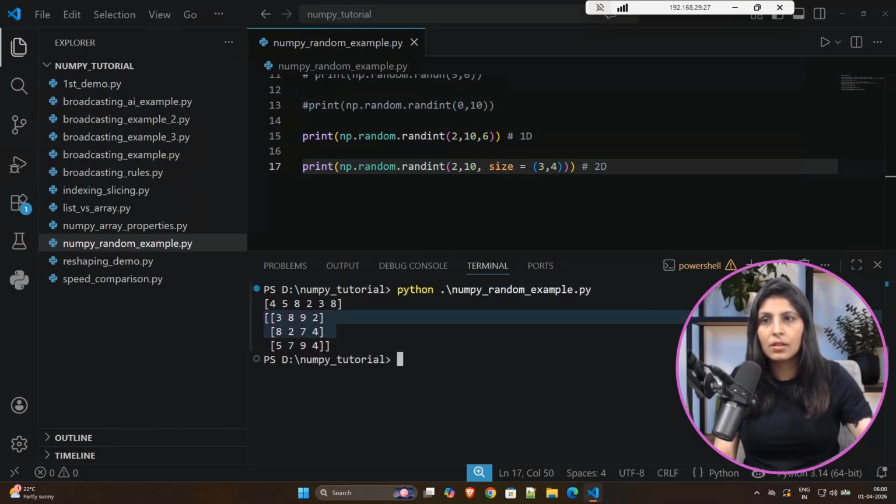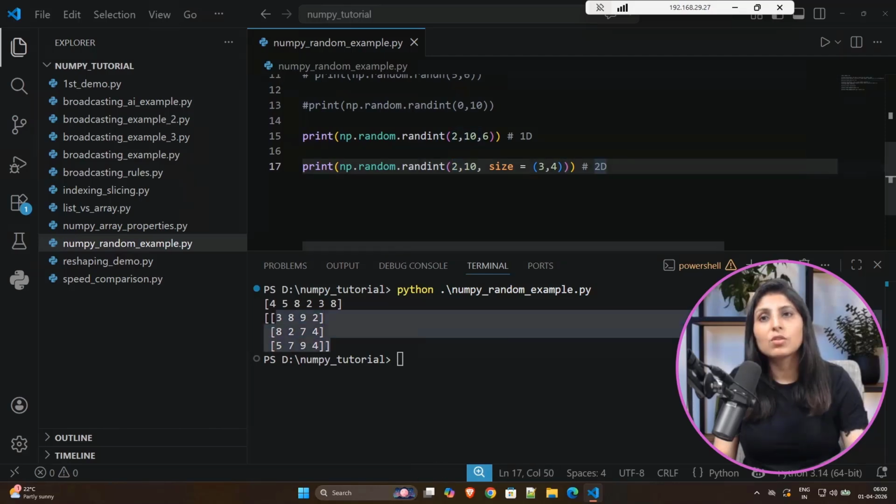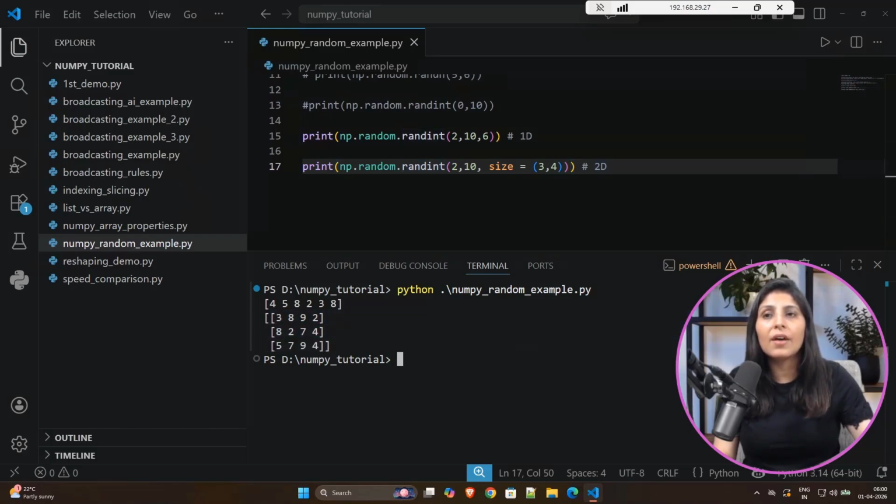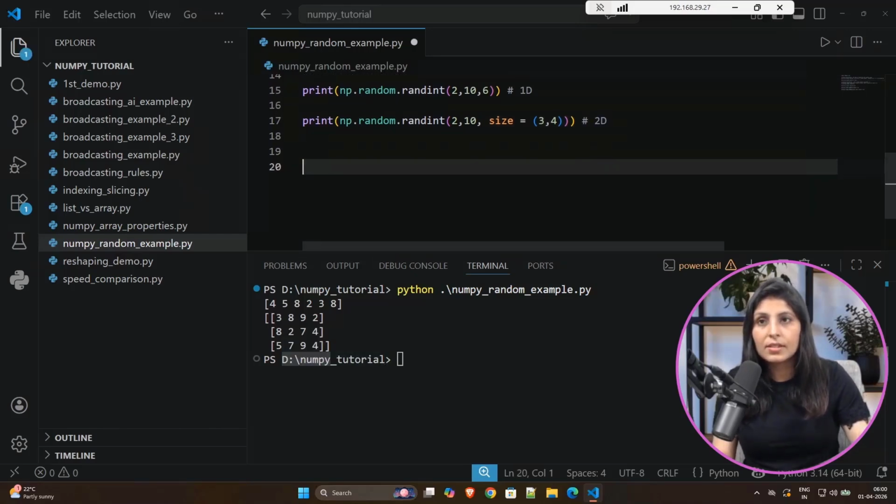See, you got 3 rows and 4 columns, and the numbers are between this range. So guys, this is how you can use this randint module. You use this function when you want to have random integers. Now let's see the next function, which is